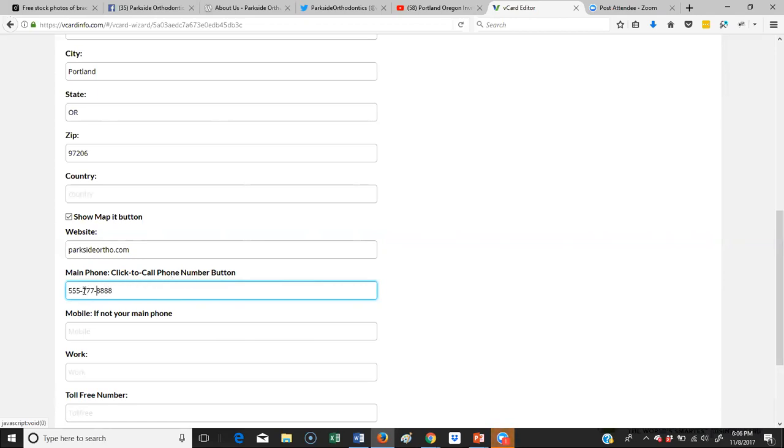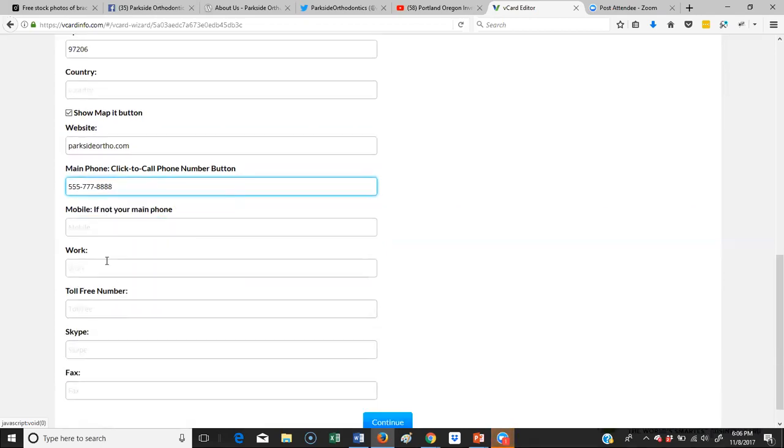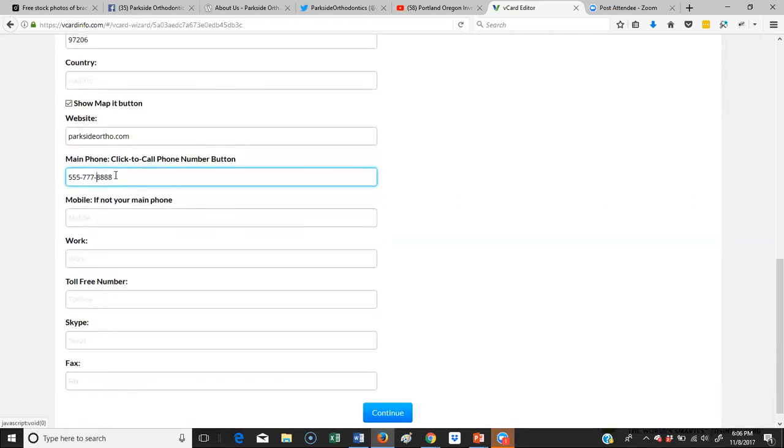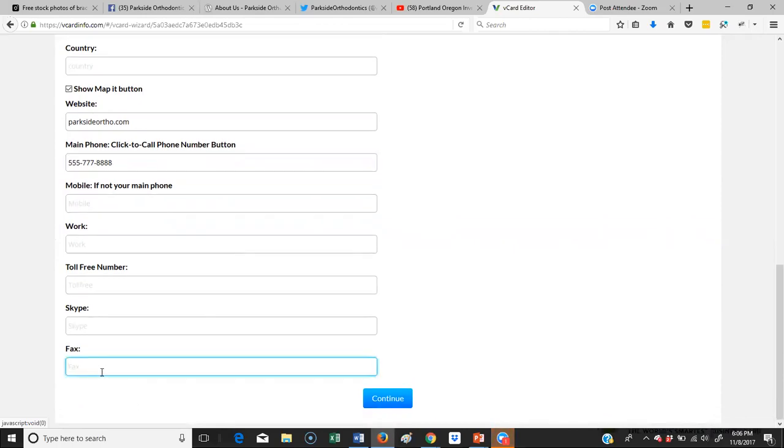For the phone number here, I just added some dashes to make this more readable. When it first comes into vCard, that phone number doesn't have any dashes. So please add a few to make that readable. And then you can add additional phone numbers. Anytime you update any of this information too, anyone who you've exchanged this vCard with will now have